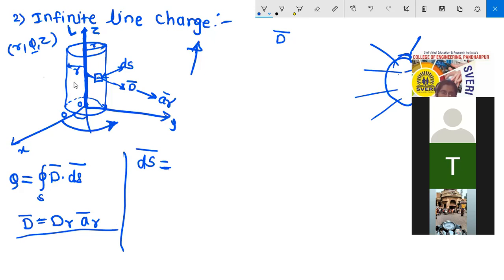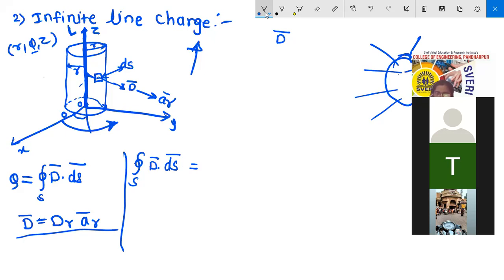So here, what happens when we are finding this D bar? We are finding the surface integral, right? So concentrate here, then you will understand more. Here we are finding the closed surface integral. So how many surfaces are there? When I write the closed surface integral of D bar dot dS bar, we are using one cylinder here.